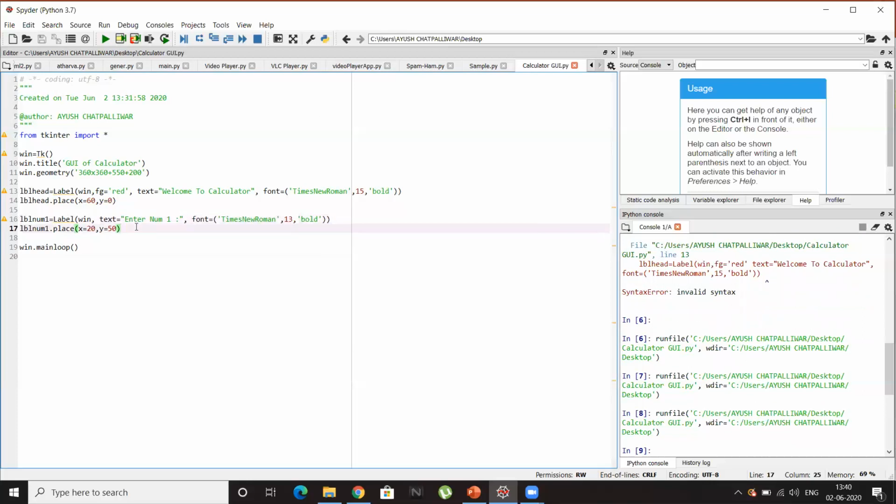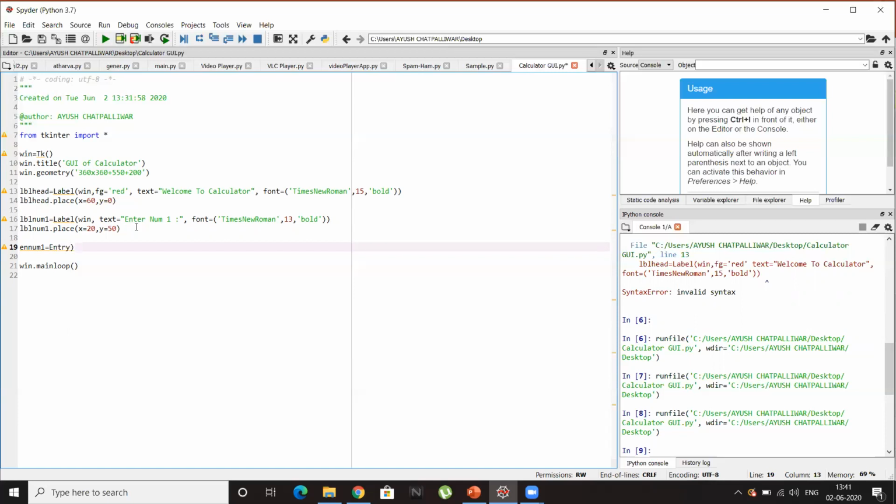To make the user enter the first number, we'll have to give an input box, that is, what we call an entry box. So let's give an entry box. The prefix for entry will be en, and since it is for the first number, en_num1 equals to the Entry function.